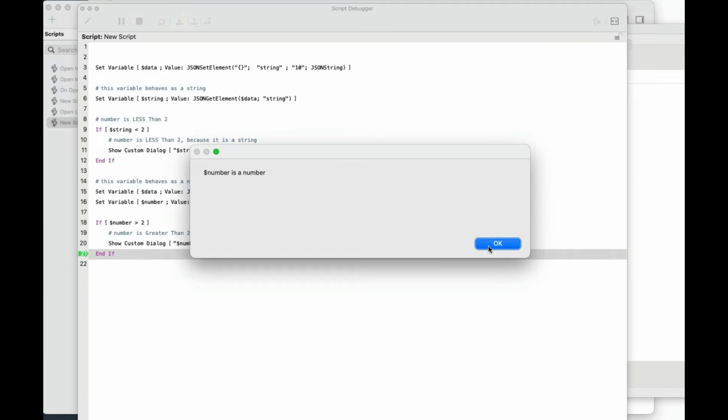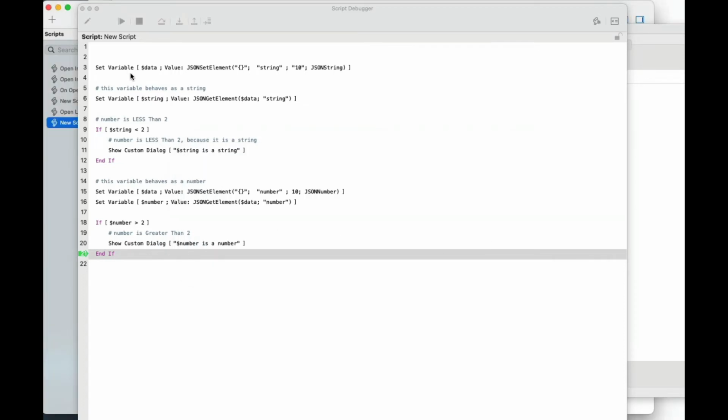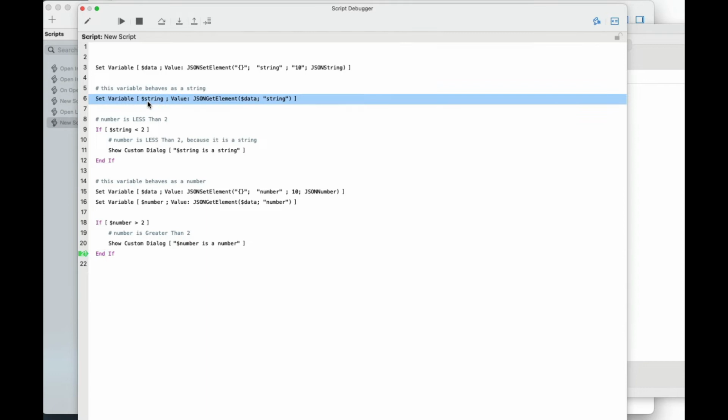So this clearly shows that the value set on line 6, whatever's in that variable, clearly is a string. It's text because the comparison shows that it is text. And then clearly here, it's a number because the comparison shows that it's a number. So whatever is in this variable here on line 16, whatever the data structure is that stores it, it somehow indicates that it is a number, and then it should be run as a number.